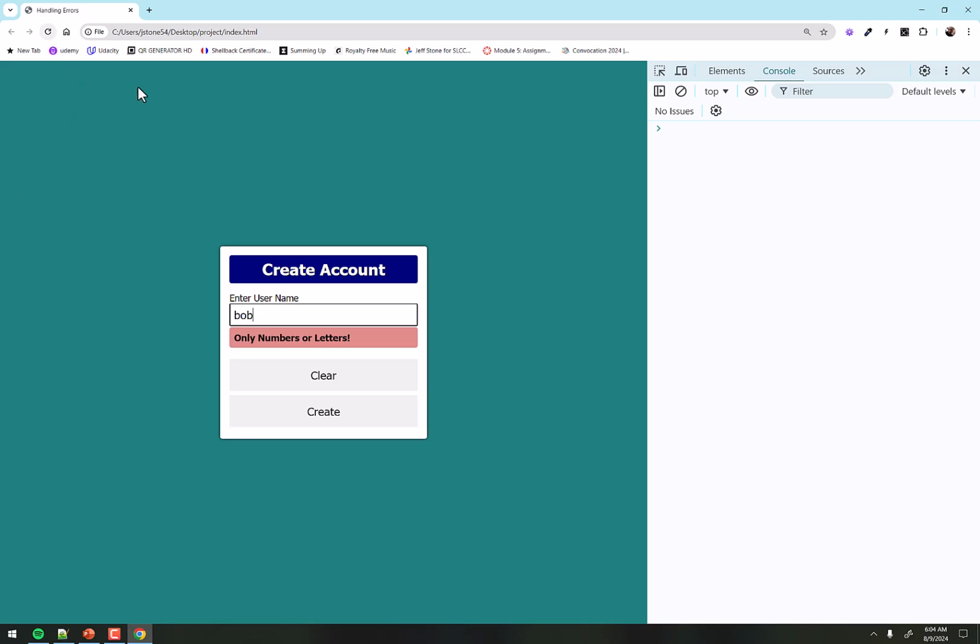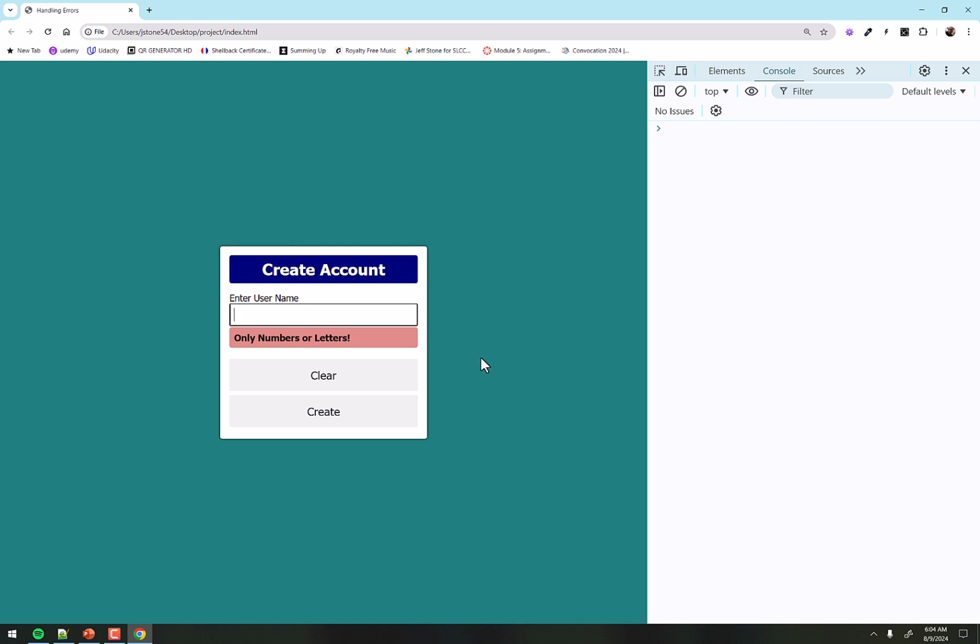So now when I refresh, right now I haven't typed anything, so nothing's happened. But when I type a B for Bob, valid data, B-O, then I type a hyphen and it's only numbers and letters. But if I back up, it goes back to valid. So I can toggle back and forth depending on what I'm typing. If I type something wrong, it'll correct me. And if I go back and leave it blank, it now will say only numbers and letters, even though there's nothing there. That's because I started typing something and I've erased it, and it's now looking for a pattern that starts with some number or letter, and it's not finding it.